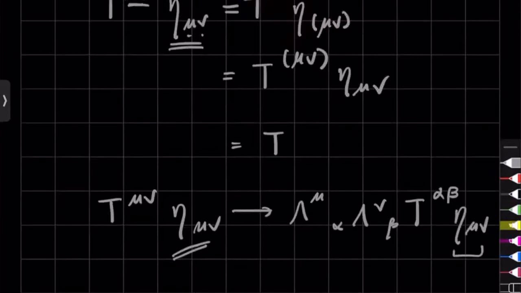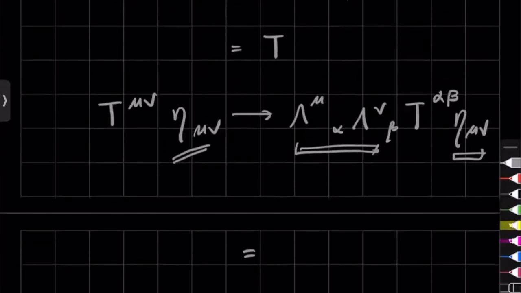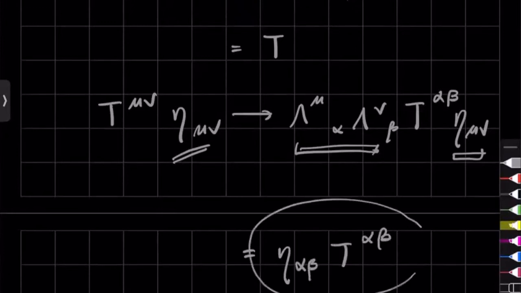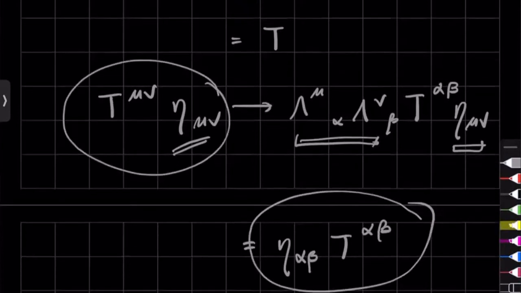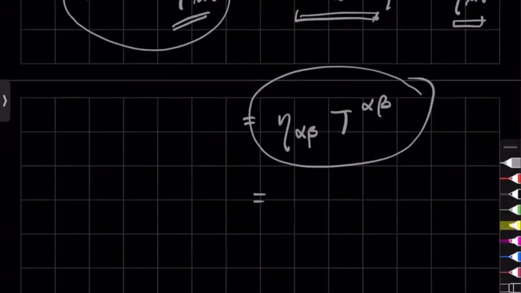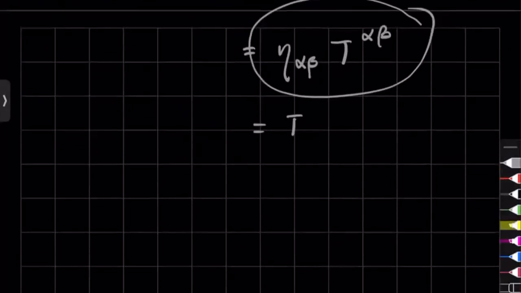But then eta mu nu contracting with this thing should just give me eta alpha beta, contracted with T alpha beta, but this thing is nothing but this thing. So this, we call it T, and we see that under Lorentz transform, T goes to T. So T is a scalar